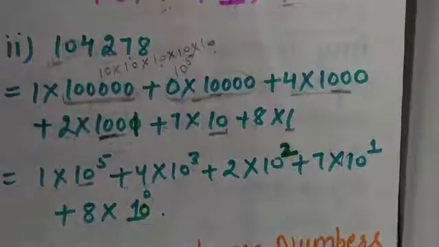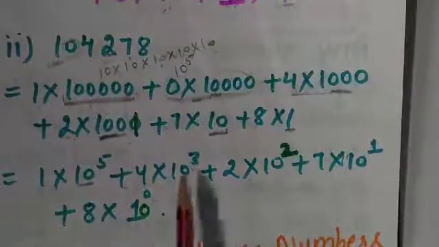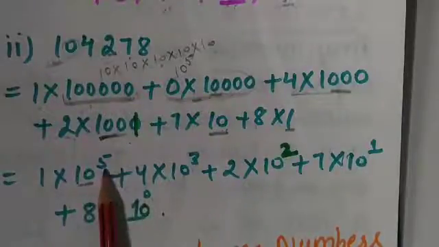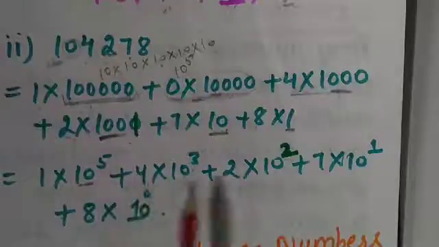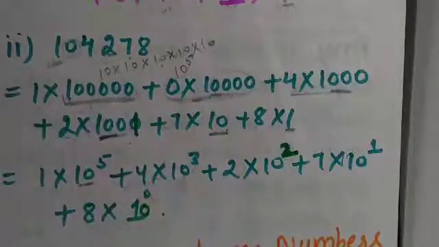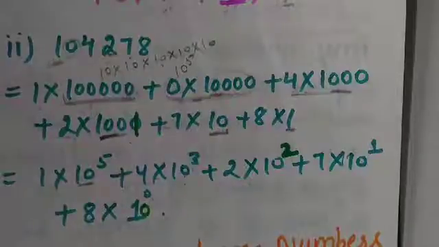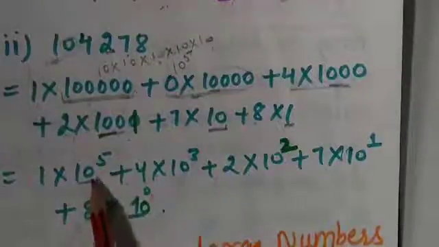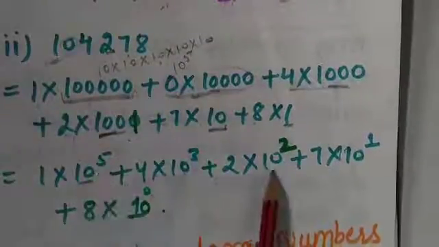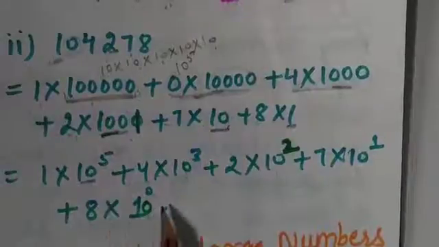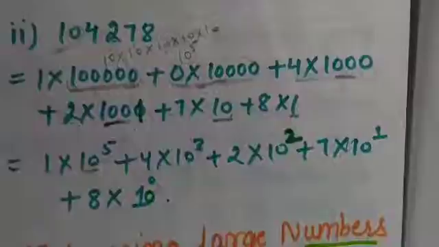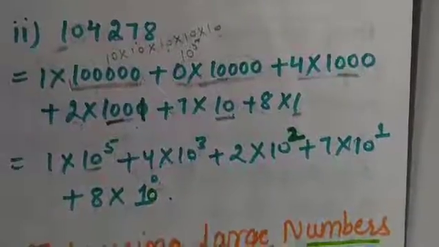Now one more thing, you might have noticed that the exponents of 10 start from a maximum value of 5 and go on decreasing by 1 at a step from the left to the right up to 0. What does this statement mean? It means here we are observing that the powers of 10 are decreasing at every step from 5 to 0. So this is how to write a number in expanded form.